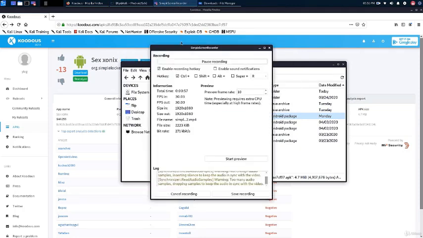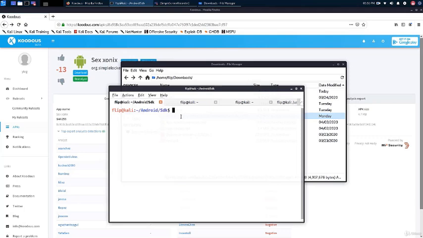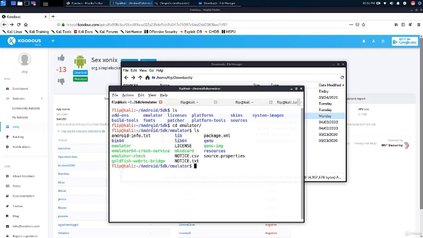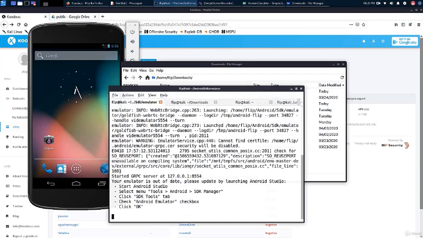So let's go ahead and close Android Studio. Go to the SDK folder. So in our case, it's Android-SDK. Here you'll find a folder called Emulator, and if you go within Emulator, you'll see that there's a tool called emulator. You can use that to launch your emulator. To do that, you just do emulator -avd and the name of the emulator you just created, SimpLocker. And this will launch the emulator using the emulator tool rather than opening Android Studio every time and opening the AVD manager.